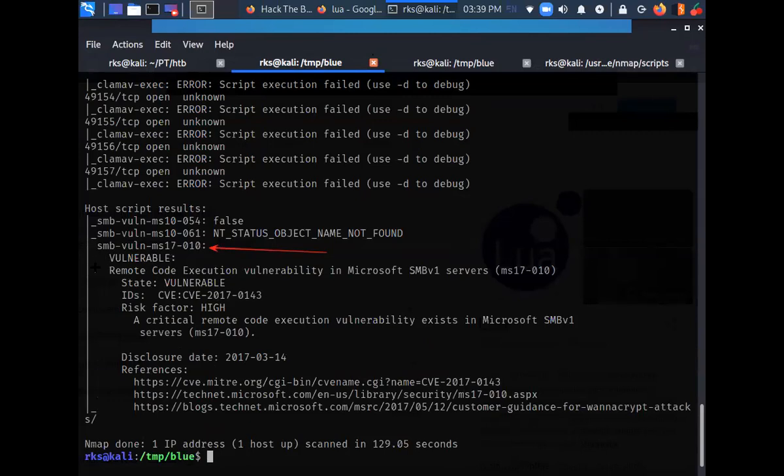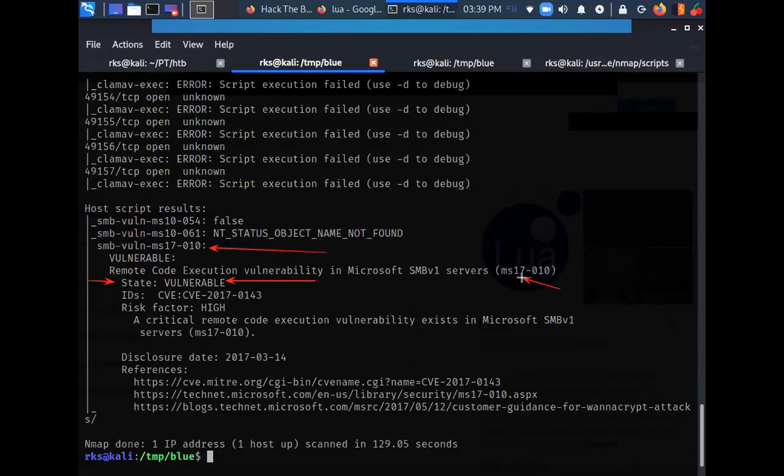It says MS17-010, and the state is vulnerable. So what do we understand here? Nmap has done the basic VA, and Nmap is telling me that the target is vulnerable to a remote code execution vulnerability,